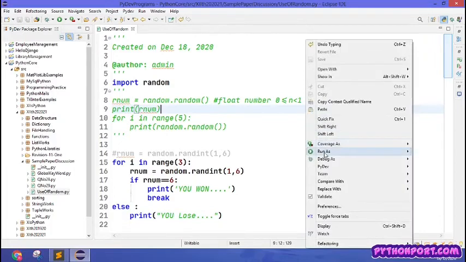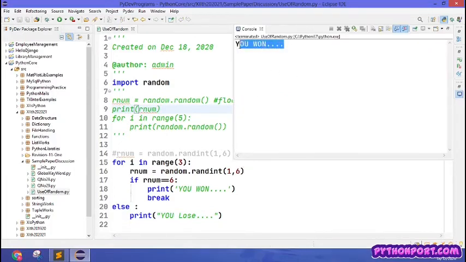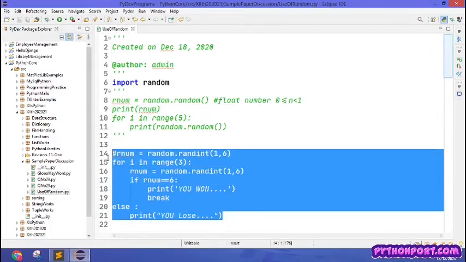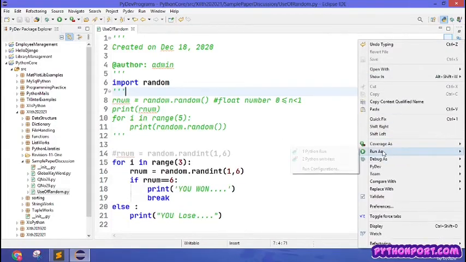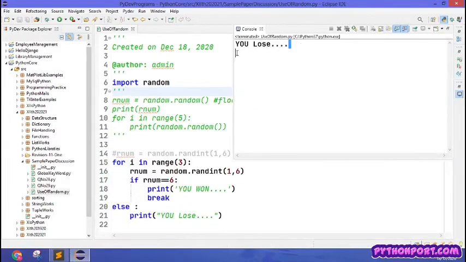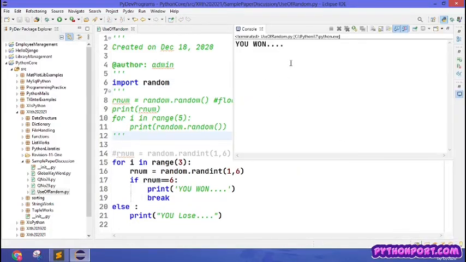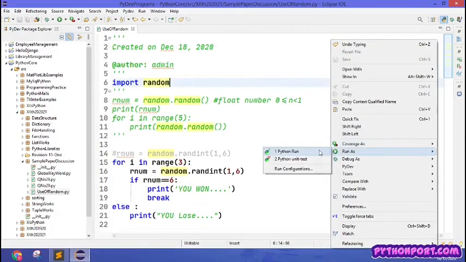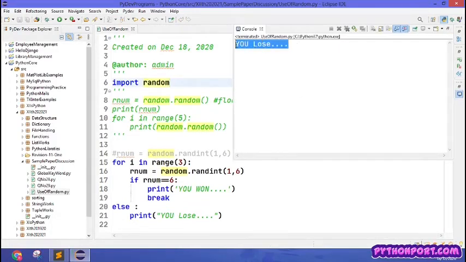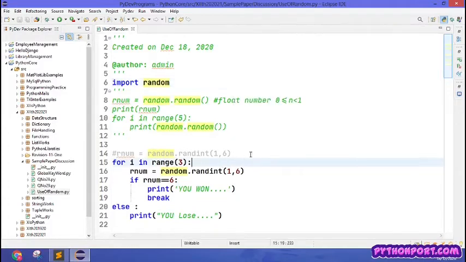Now let's try to run it multiple times. You won. See this, now this is the simple code which we can create for asking people to roll the dice 3 times, and then we can test it. This is a very interesting code we can write in a very simple way.